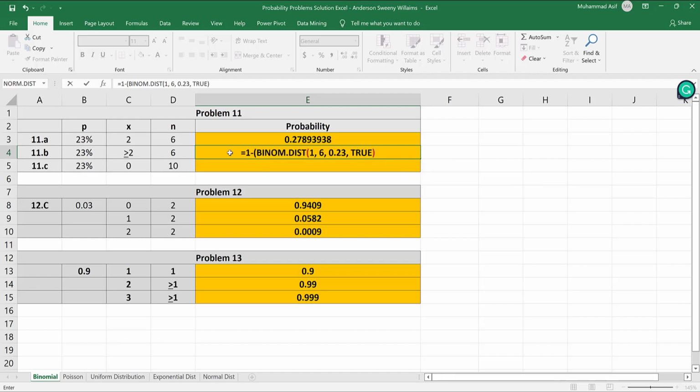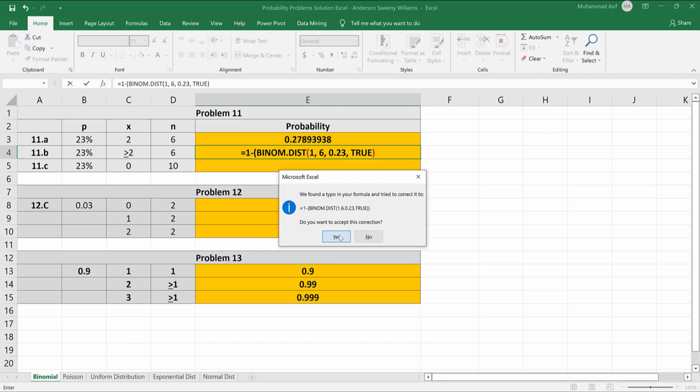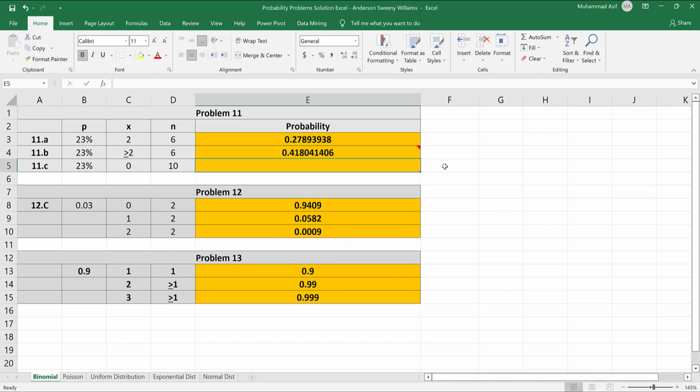Now in this syntax I used 1 rather than 2 because I am calculating cumulative probability, which will give me the cumulative probability of 0 and 1. Then I can subtract that from 1, 1 minus the probability of 0 and 1, and that will give us the probability of 2 and greater than that. So that gives us a probability of 0.41